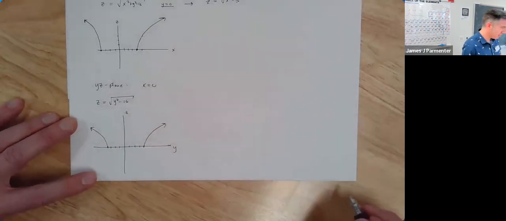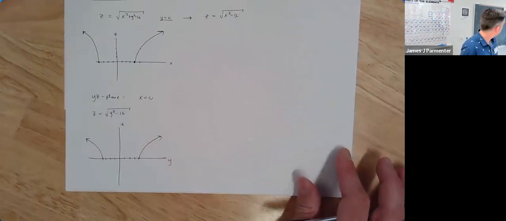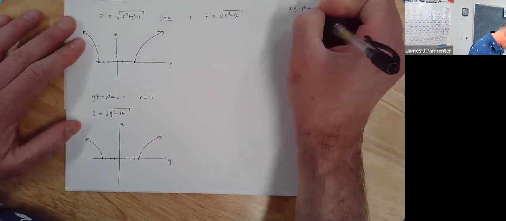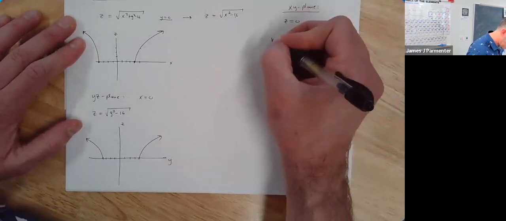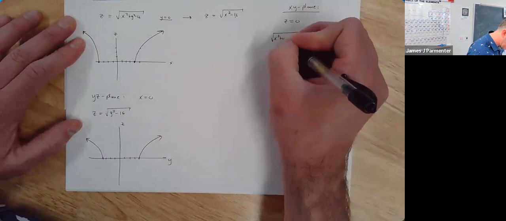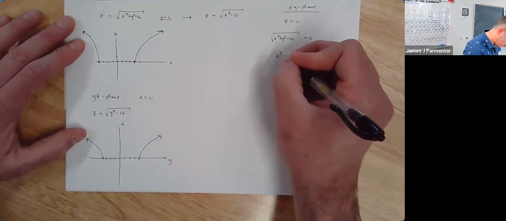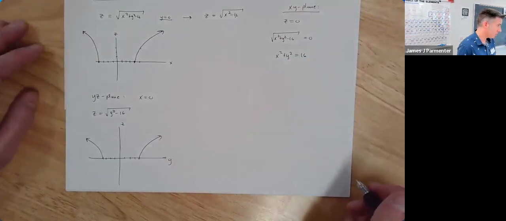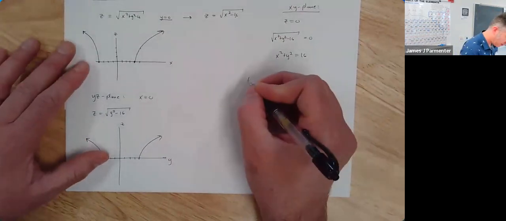I mean, the same, up to my ability to draw it looking the same. And then finally, in the xy plane, well, we know what's happening in the xy plane. If we set z equal to 0, we're getting the square root of x squared plus y squared minus 16 equal to 0. Or in other words, x squared plus y squared equal to 16. Circle of radius 4. Now, if we want to talk about the level curves for a second,